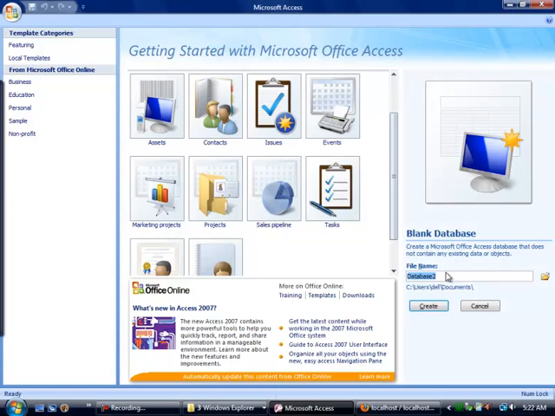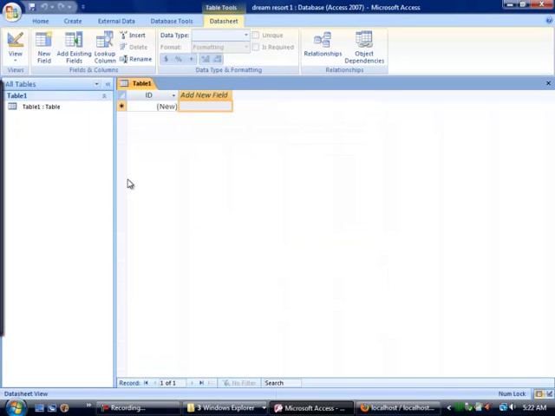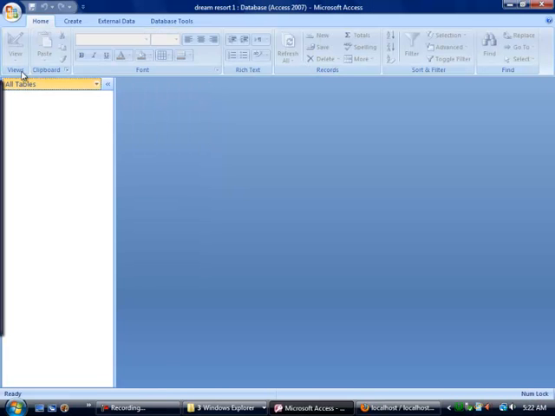So we can name this database Dream Resort 1, in case we need to differentiate between other Dream Resort programs or applications I've created. So we're going to press create. This should open a blank database, but we don't need any tables because we could be accessing the tables from